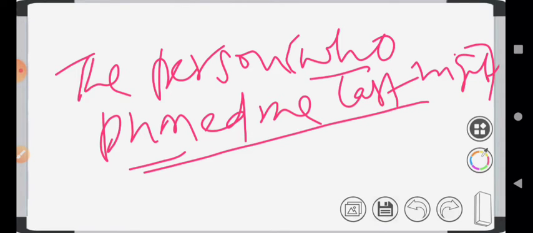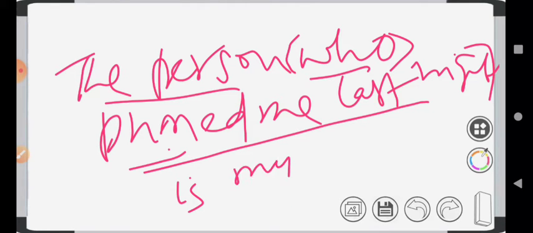Why? Because it starts with the relative pronoun who. It is one of the relative pronouns. Actually, who is an interrogative pronoun, but who relates the sentence to the word, the person, the common noun. That means it is called a relative pronoun. It combines, it joins, it functions as a conjunction.